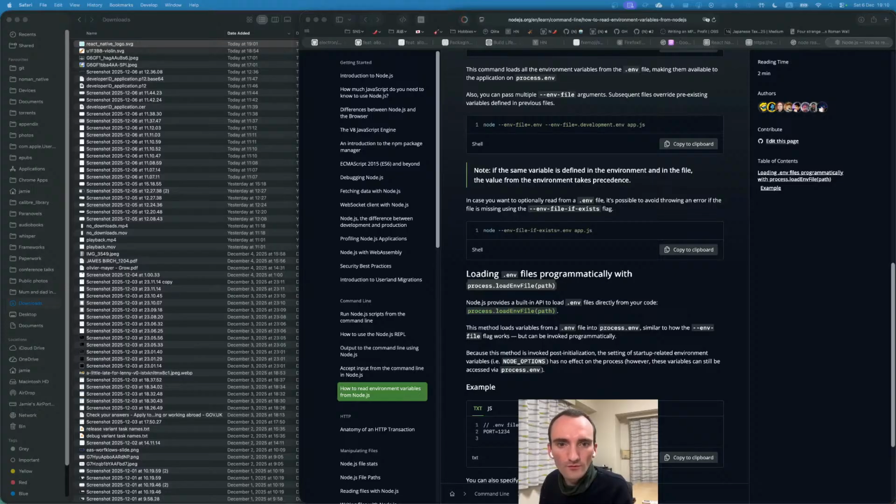Ideally, we should source it as soon as possible. But all right, fine. Let's do that. So env.js or .ts, why not? Treat ourselves to TS. And all this is going to do is process.loadEnvFile, and